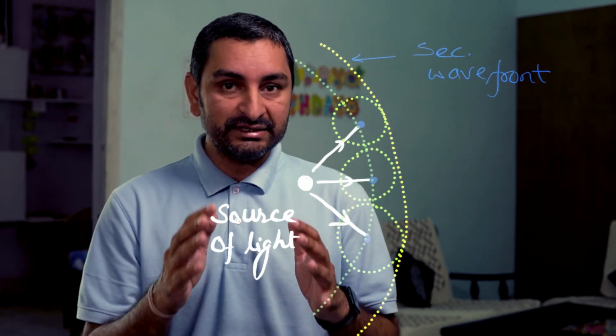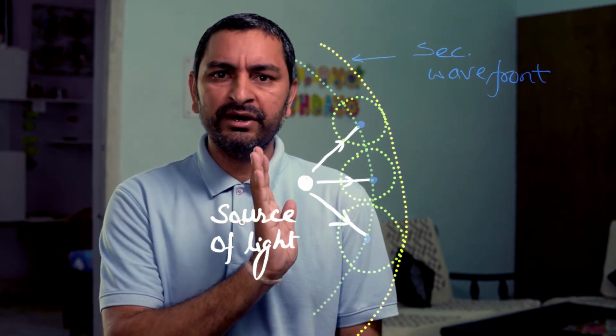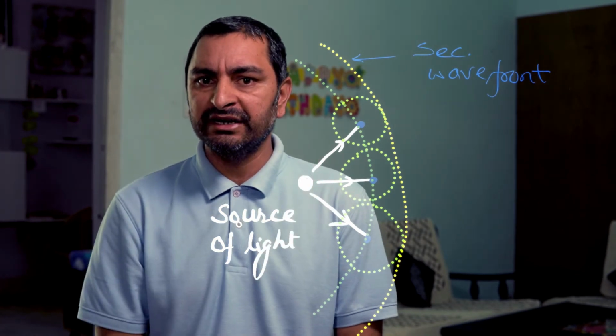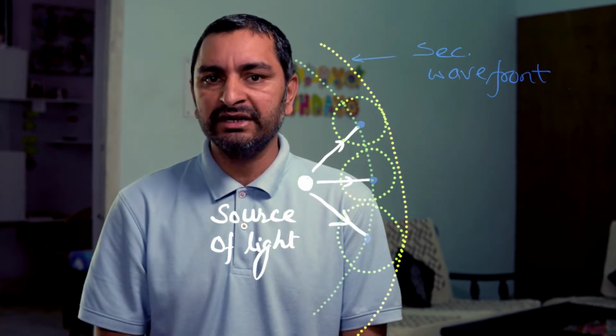Now let's try to understand this, why only the wavefront in the forward direction is taken and the backward is discarded. One point is that energy flows in the forward direction. It never flows in the backward direction. So the wavefront of only the forward direction is considered. And this can be proved mathematically. How? Let's see.